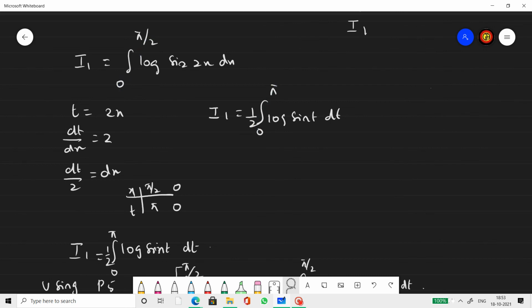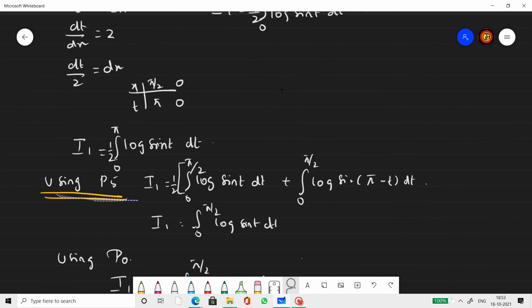This is where the problem originates now. Sine 0 is 0, sine pi is also 0. So therefore, we will never get an answer for this. Hence, we should find some way to come out of the 0 to pi form. So we are using property 5 once again here, where we split the question. Property 5 says